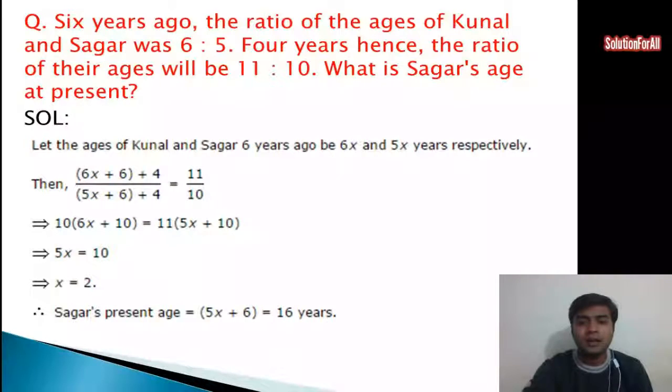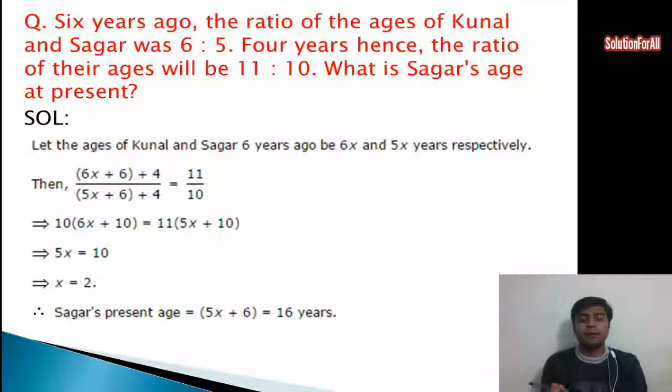Let the ages of Kunal and Sagar 6 years ago be 6x and 5x respectively. Let me tell you, I just told you that we had to subtract, but that too when we are taking the reference from the present age. That means if I had taken the ages of Kunal and Sagar as x or y, then I would have easily got the equation based upon two variables x and y, and I would have subtracted 6 years from both the ages. Then I would have proceeded according to that. But I have made the solution quite easy by considering their ages 6 years before only, and the ratio is given over here, 6x and 5x. So I have taken 6x and 5x 6 years ago only.